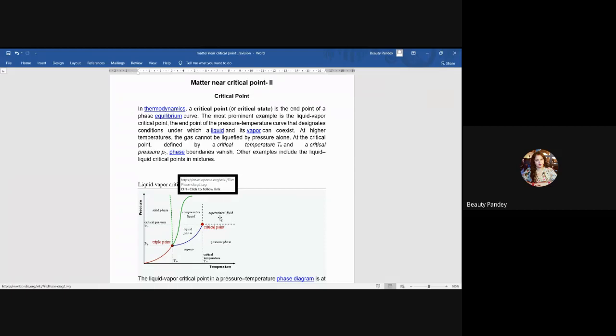This law of corresponding states using the reduced variables is followed very well by the substances between the normal boiling point and the critical point. However, below the boiling point, near the triple point, this law breaks down because here the liquid starts behaving as a solid. Clear this much?